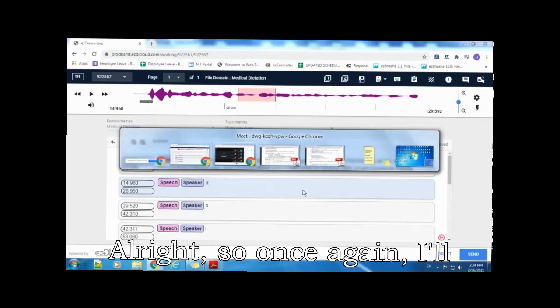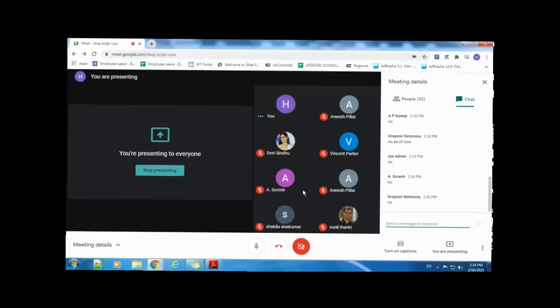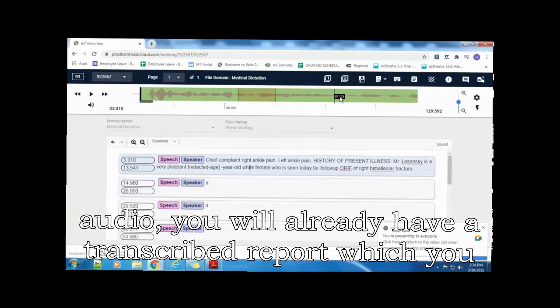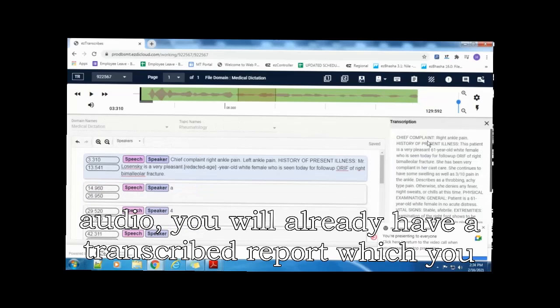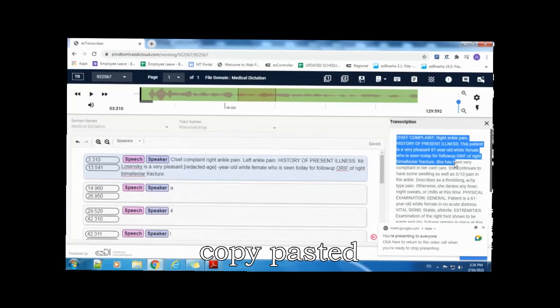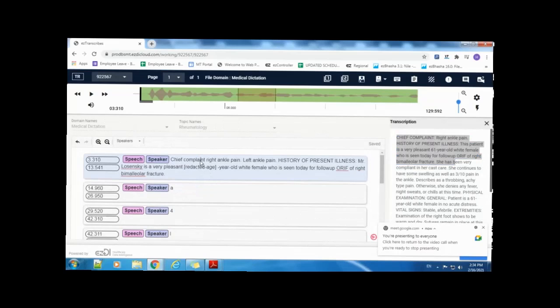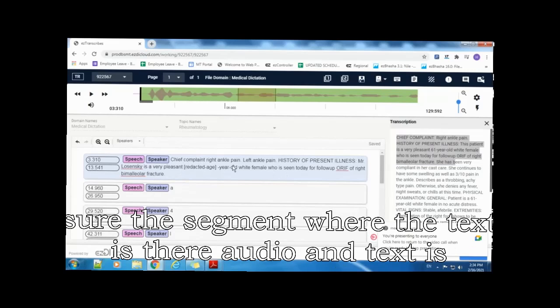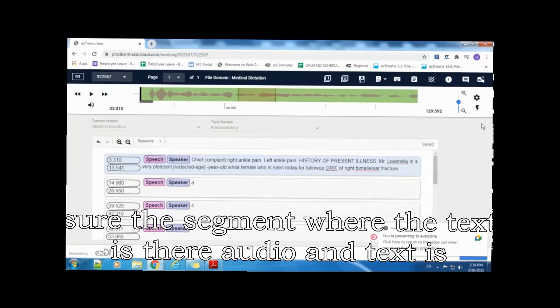Alright guys, so once again I'll briefly sum this up. Your first job will be to listen to this audio. You will already have a transcribed report which you need to copy, paste, convert into verbatim, identify the PHI, redact the PHI, and make sure the segment where the text is there, audio and text is completely synced.